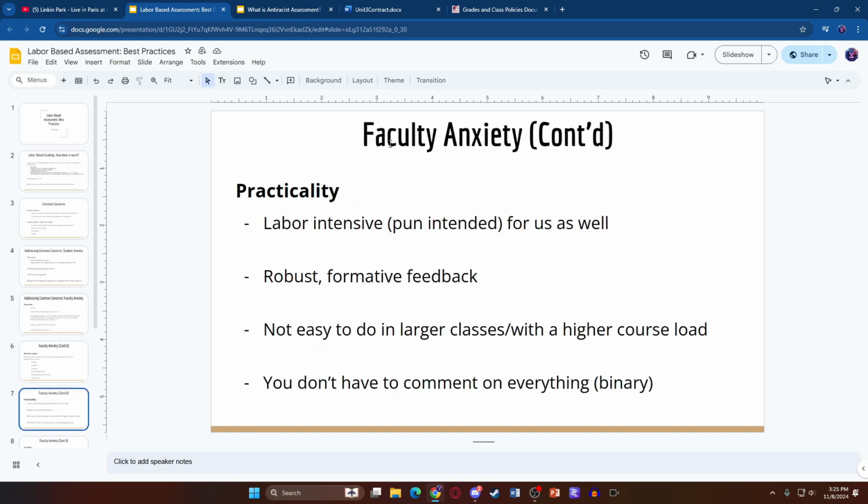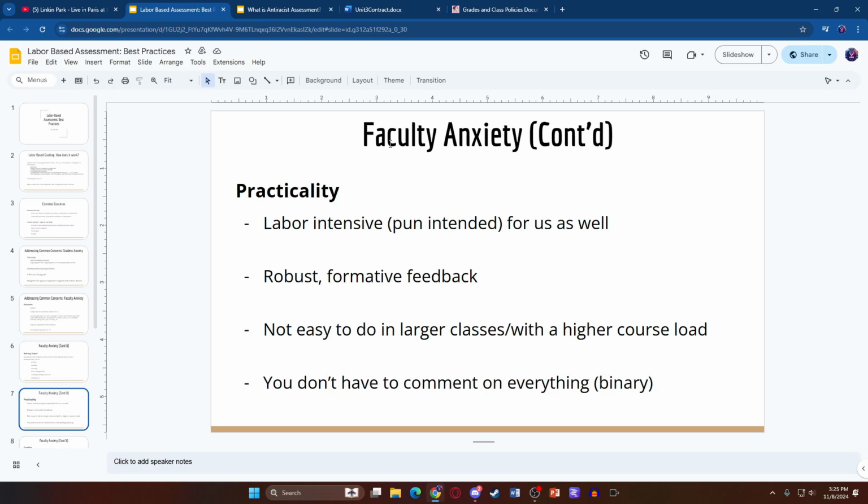Practicality. Now, labor-based grading is labor-intensive, pun intended, right? It is difficult if you're an instructor because you have to provide a great deal of robust formative feedback, right? It can't just be good, great, excellent, right? All of those typical things that we may associate with just a passing regard for our students' papers. Doing this effectively does require time and effort, right? But the thing that you do have to remember is